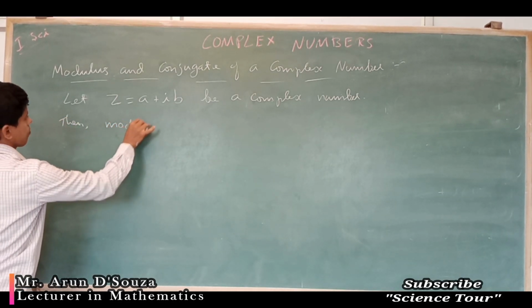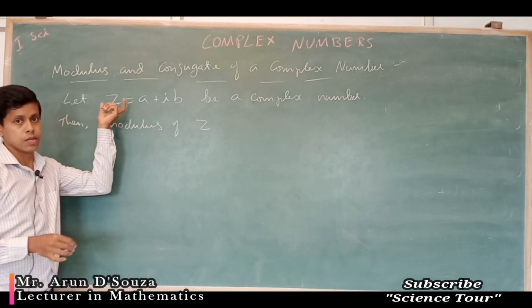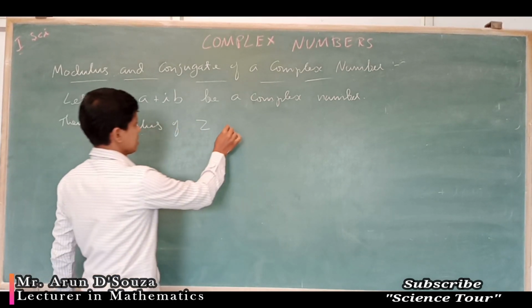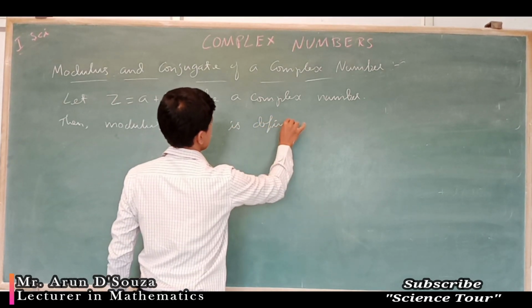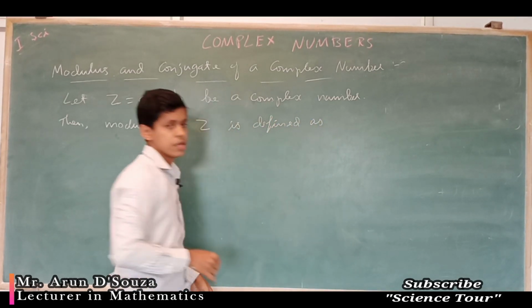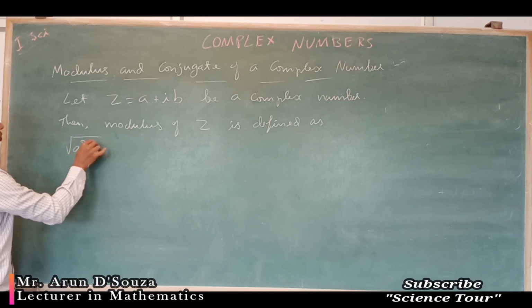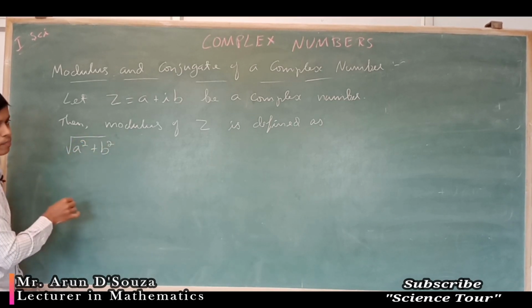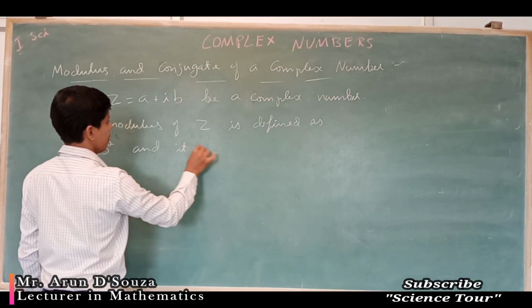Modulus of z is defined as square root of a square plus b square, and it is denoted by